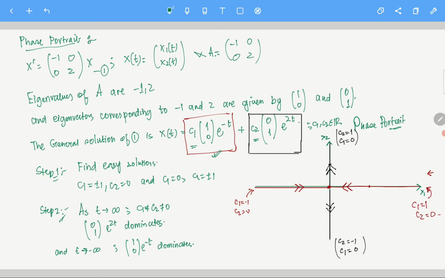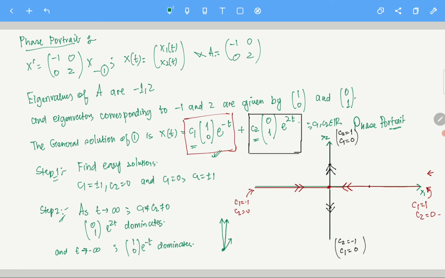Okay, now what is happening here? If it dominates, what is so special about it? See, in this case, let's say one vector is this, another vector will look like this, no? One vector is extremely big and one vector is extremely small. So if you add those two vectors up, you will get another vector which is parallel to the dominating one. I hope that is clear. This is just for reference, but you do realize that as t tends to infinity, the difference between these two vectors is going to be huge, right? So the sum is going to be dominated by the dominating term.